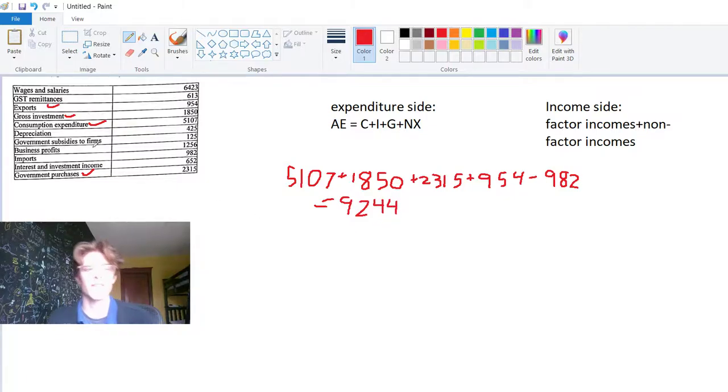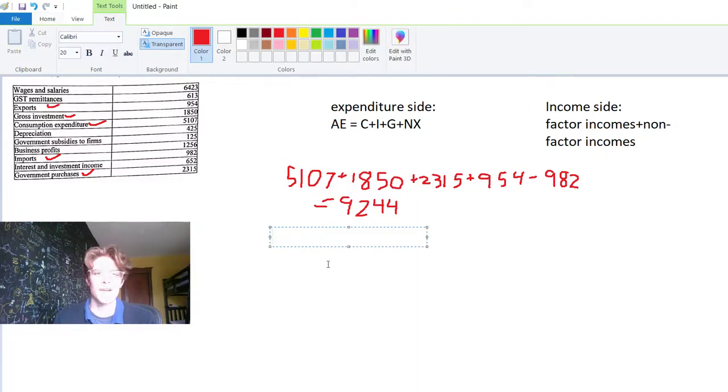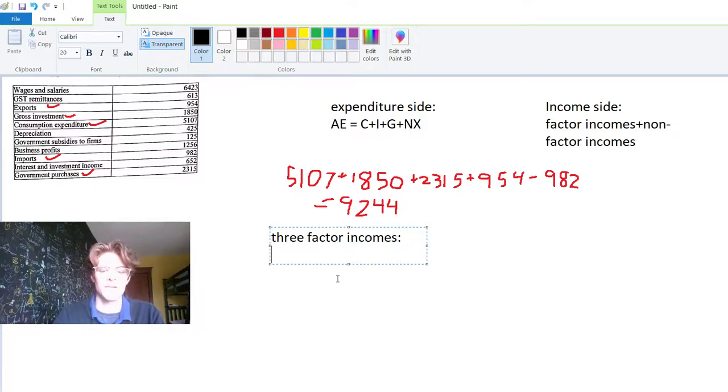And realistically, you guys should have enough time on the exam to go through these questions and do it from both sides, because it's going to make sure it's correct. So we'll do the other side. The income side is a bit more complicated, but I'll explain how it works. We have three different factor incomes, and those are wages and salaries, investment income,